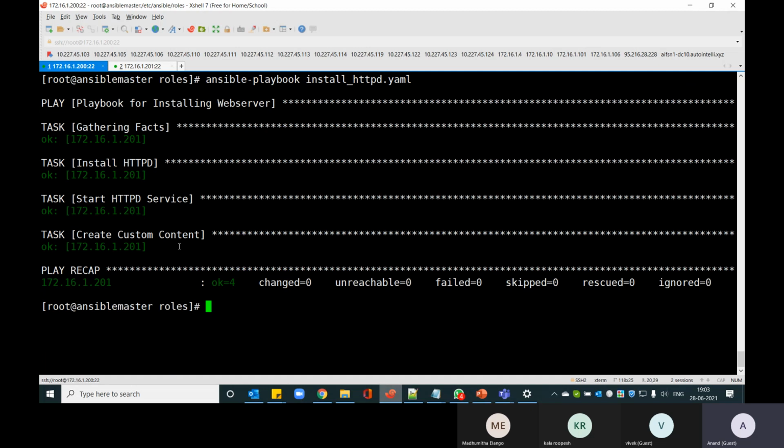If there are any changes in the configuration, it changes back to the configuration that is needed by Ansible. Otherwise, it just says all my configuration is fine. It checks all the different tasks and says it's all okay, you don't need to do anything. Or if there are any changes, it says I've changed this particular piece.